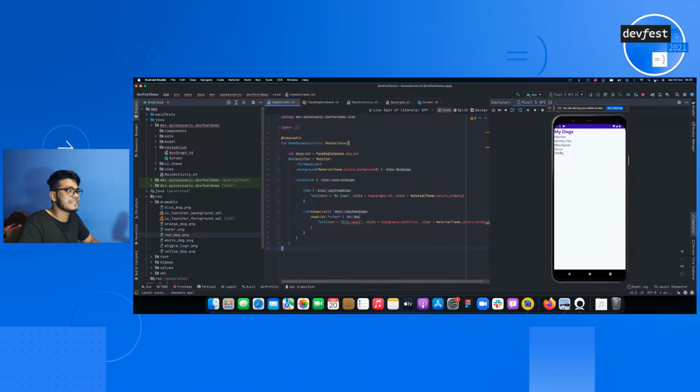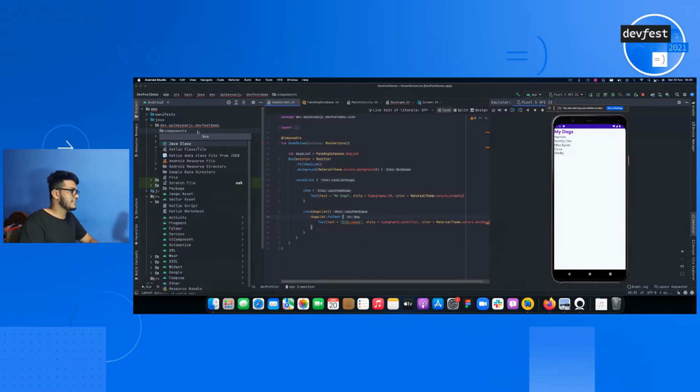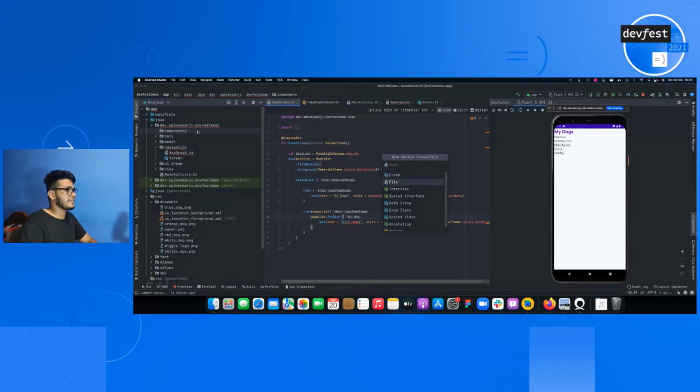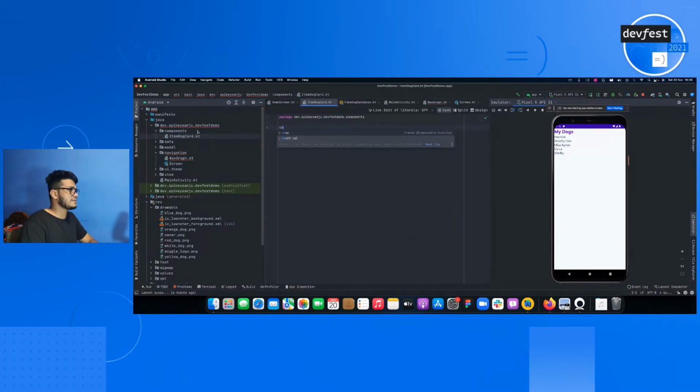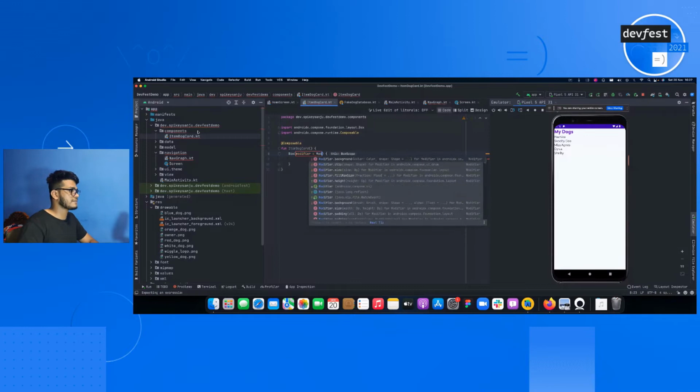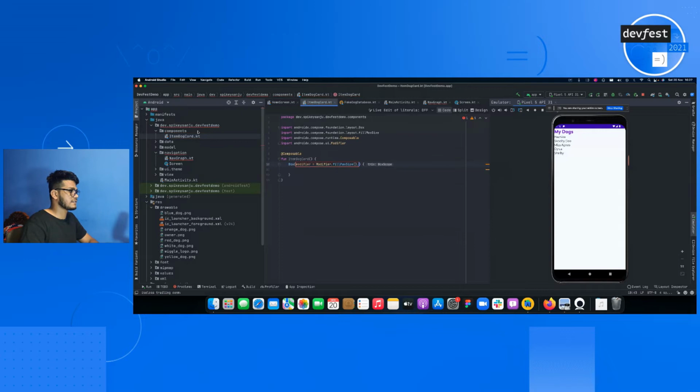So let me add some styling to this item. What I'm going to do is create a new component. That is going to be item dog card. So I'm going to create item dog card. Inside of this, I'm going to create a box layout, modifier fill max width